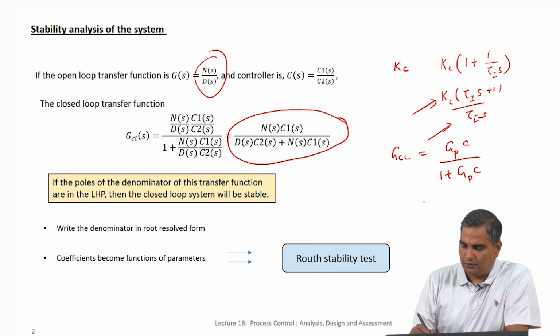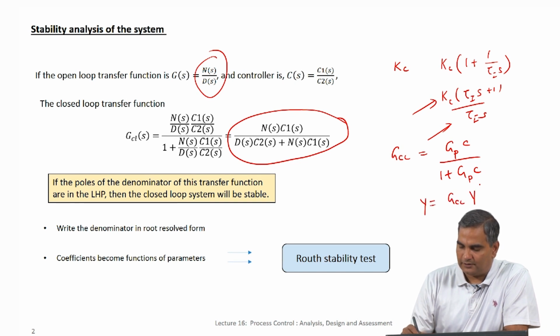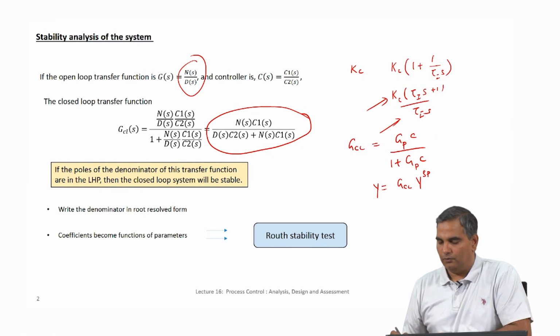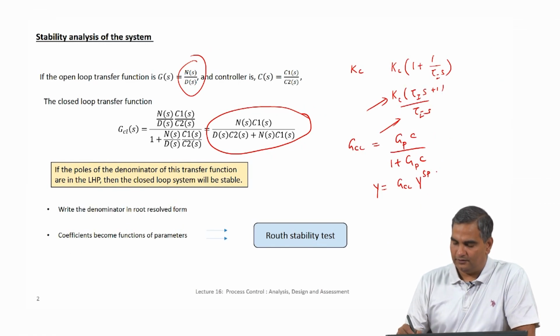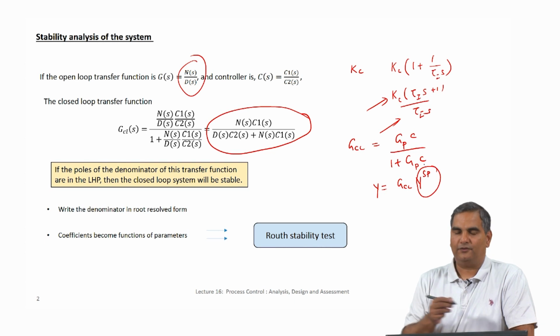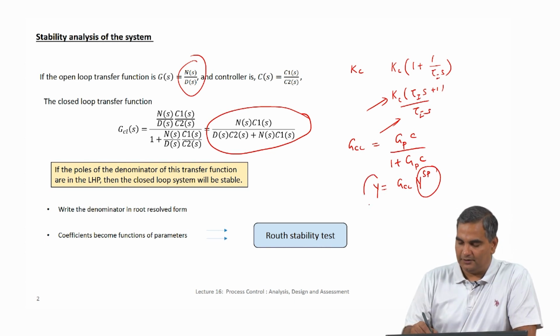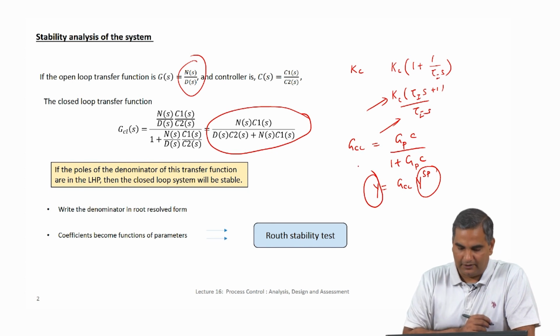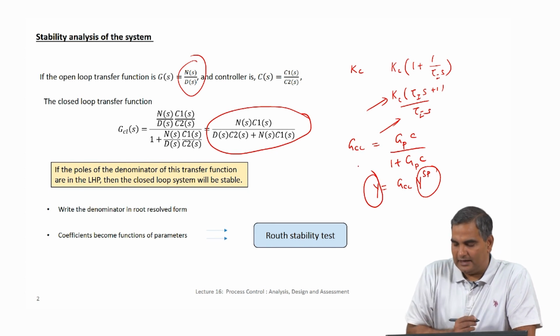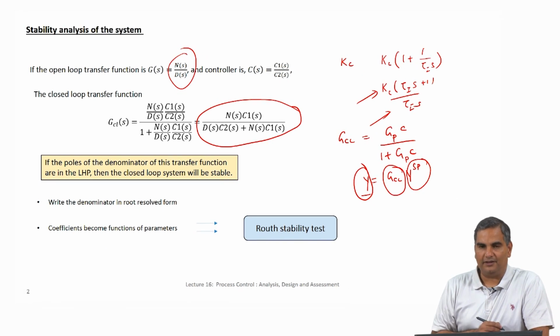So, the closed loop transfer function also is some numerator by denominator form. When we talk about stability, we are going to say y is some closed loop transfer function times y set point. Okay, so, what we want to know is when this is stable, that is, we do not ask for set point changes which are unreasonable, crazy, then when will this still be stable is a question that we are interested in answering, and we know the answer to this question. This will be stable if the poles of this transfer function are strictly in the left half plane, right.